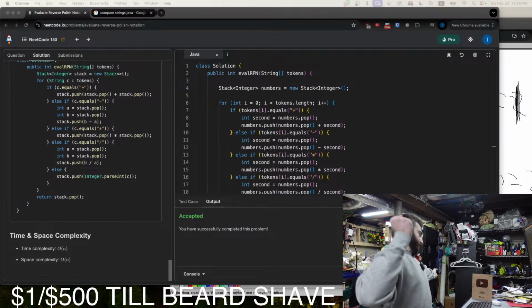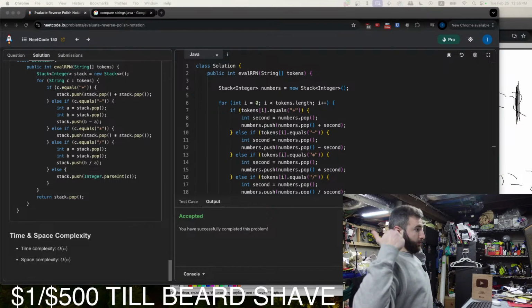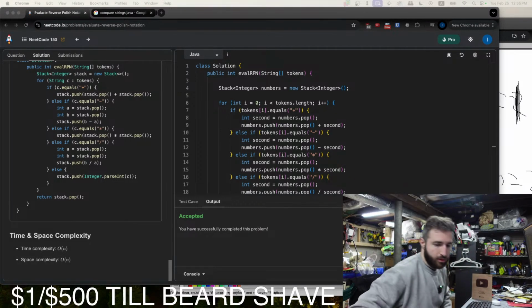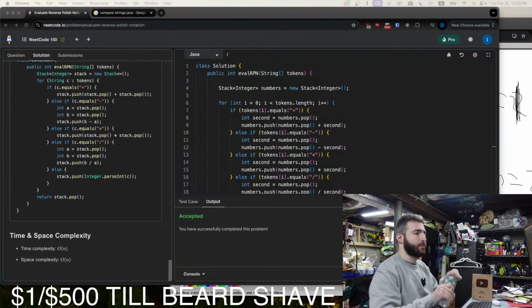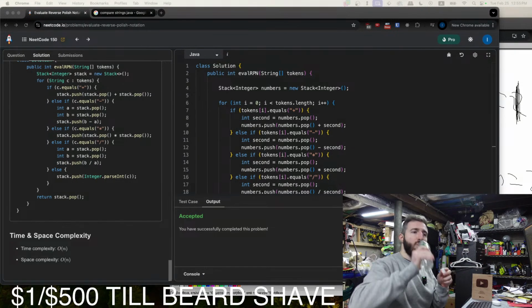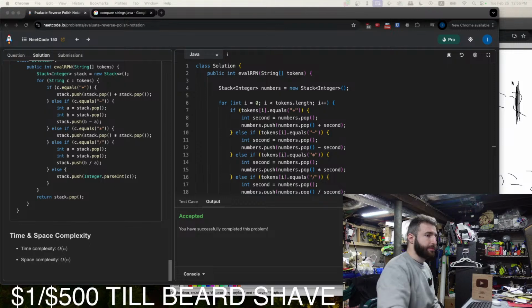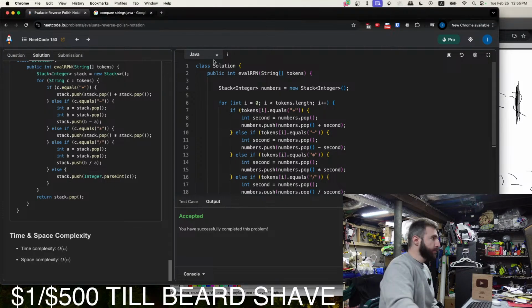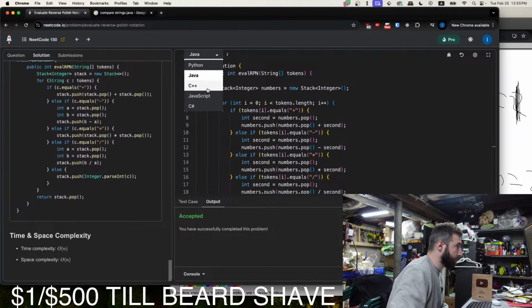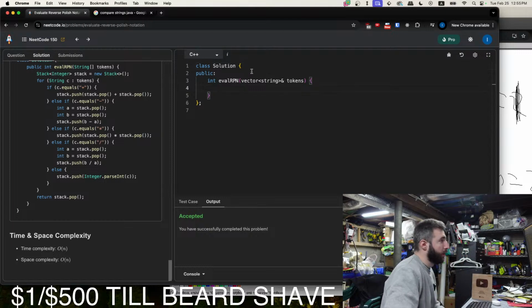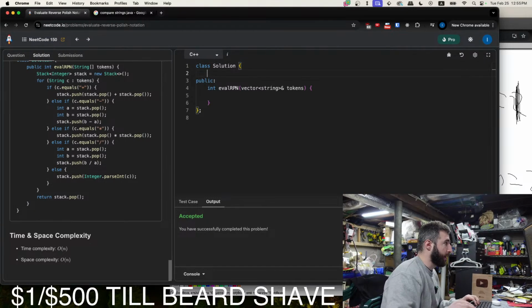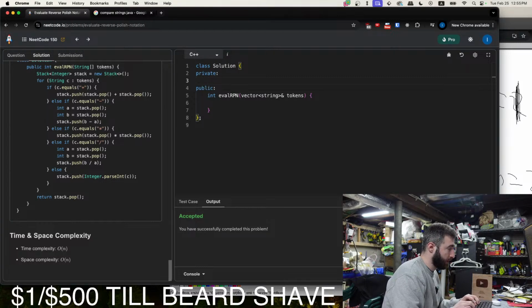Let's do this in C++ now. So we'll create a stack that's private. Stack of ints.